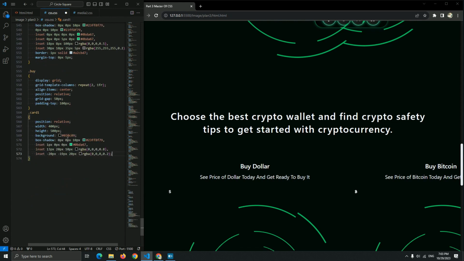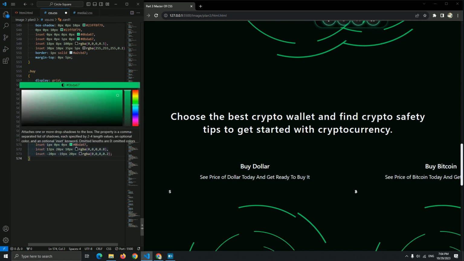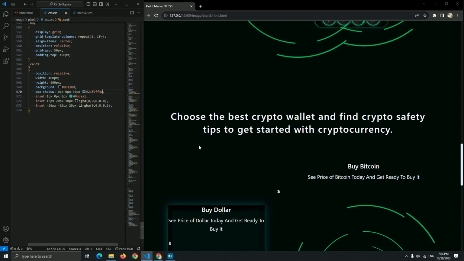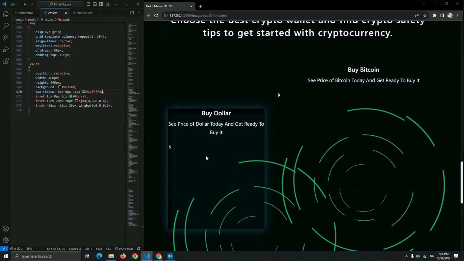Now the background, let me change the color, let it be this color for the background of card 1. Now for this box shadow, first let it be 30 pixel, and let me change the color of this card 1. This is our first card, as you can see right now, guys.